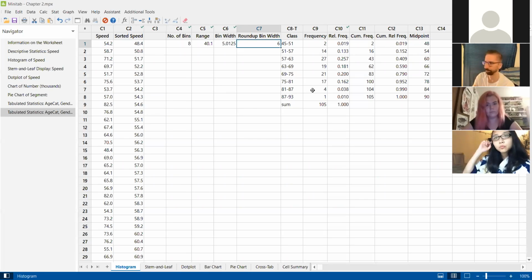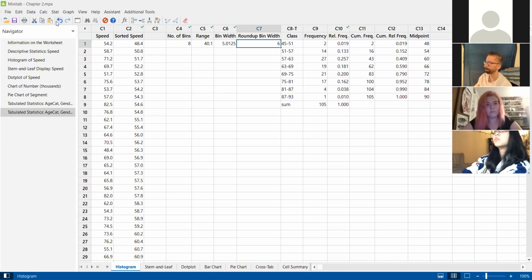Similar to what we did in Excel just a minute ago, except we're using the calc feature to calculate this stuff here. The number of bins, notice I have 8 here. That's because I rounded up. It was before 7.7 something, the number of bins, and I just used the round